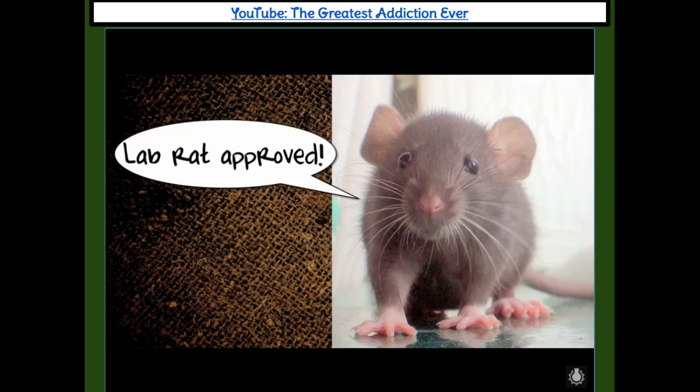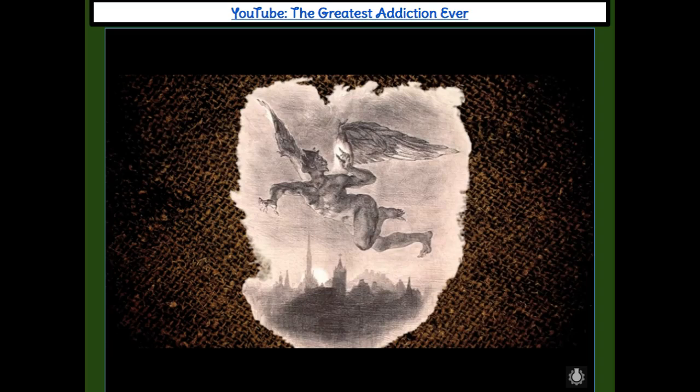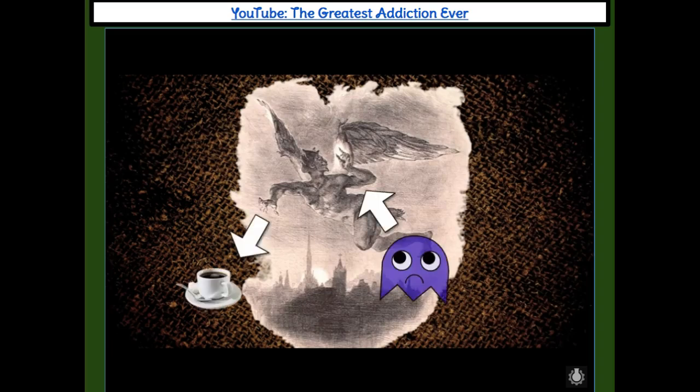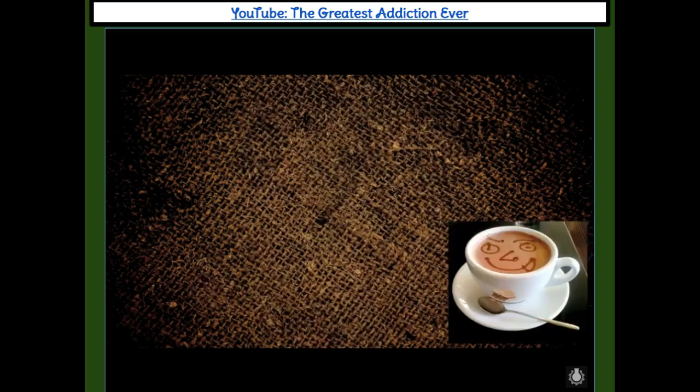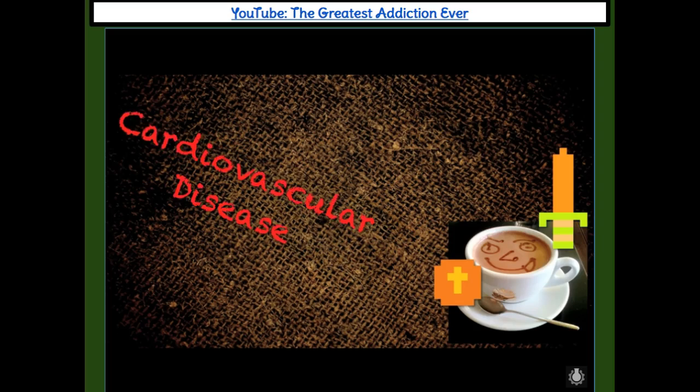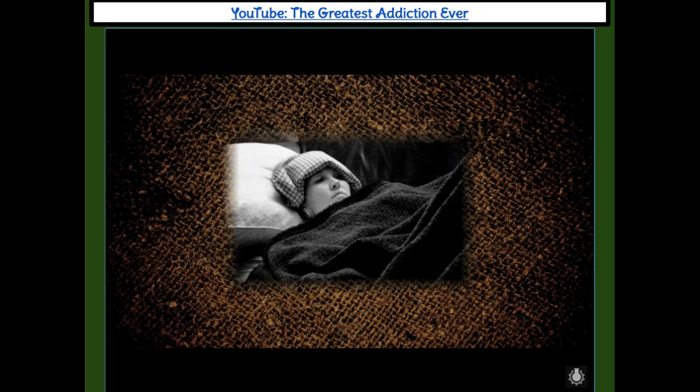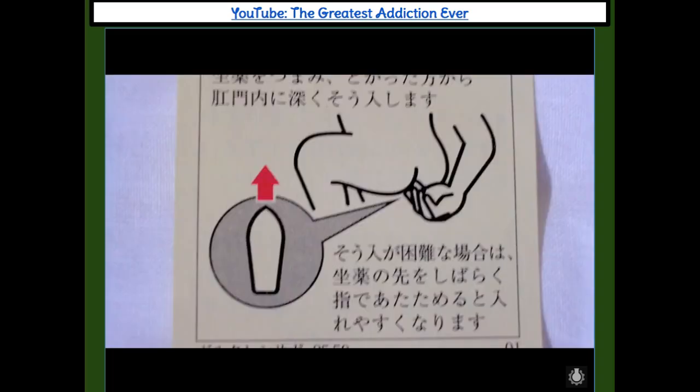And, contrary to popular belief, drinking coffee isn't a Faustian bargain where the devil gives you the ability to work faster, but in exchange makes your life shorter. For normal, healthy humans, there are no medical concerns. Coffee and the caffeine within it may even have medical benefits, such as protection from cardiovascular disease, diabetes, and Parkinson's. Caffeine can even get rid of migraines, but the amount required and the method of ingestion is uncomfortable.